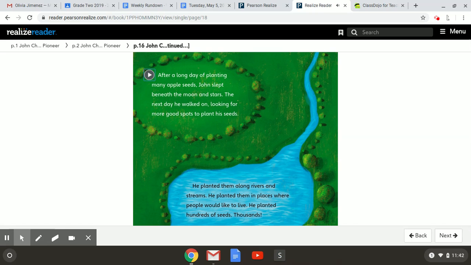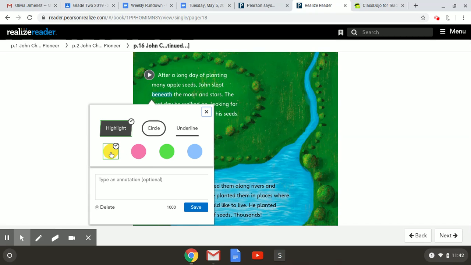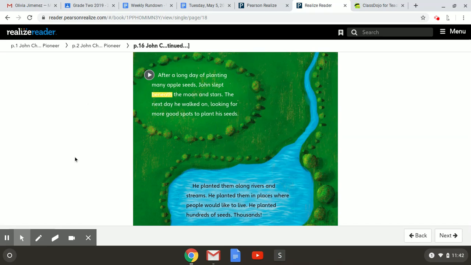Okay. So we see the word beneath up here. It says, after a long day of planting many apple seeds, John slept beneath the moon and stars. Beneath. Pretty much, I think we should know what this word means. It just means kind of like underneath or under the moon and stars. We'll take that note in the next video so we don't run out of time, but get your note